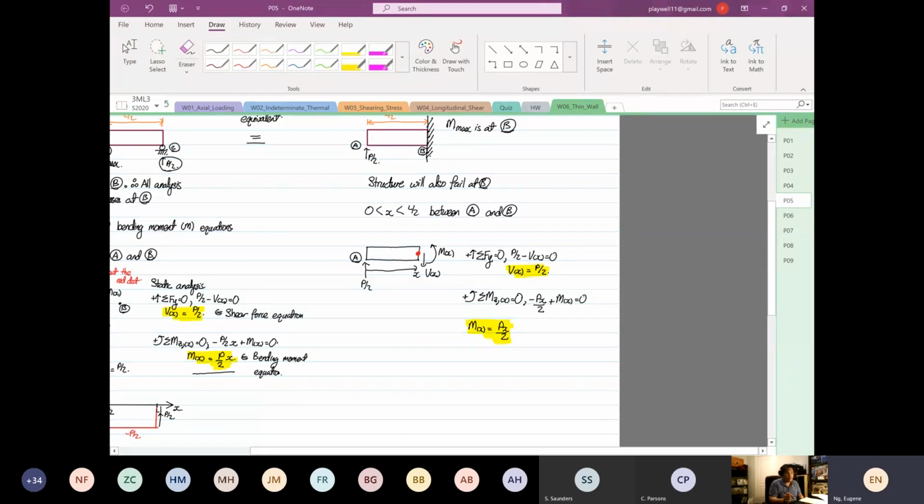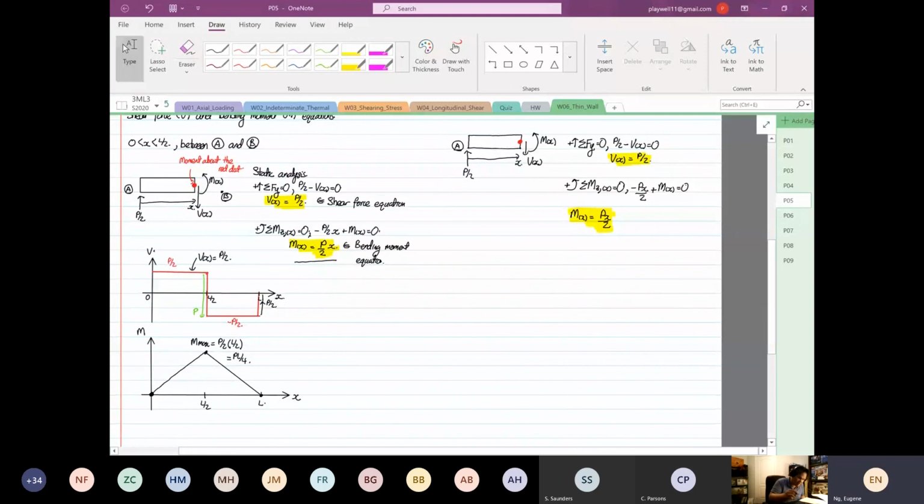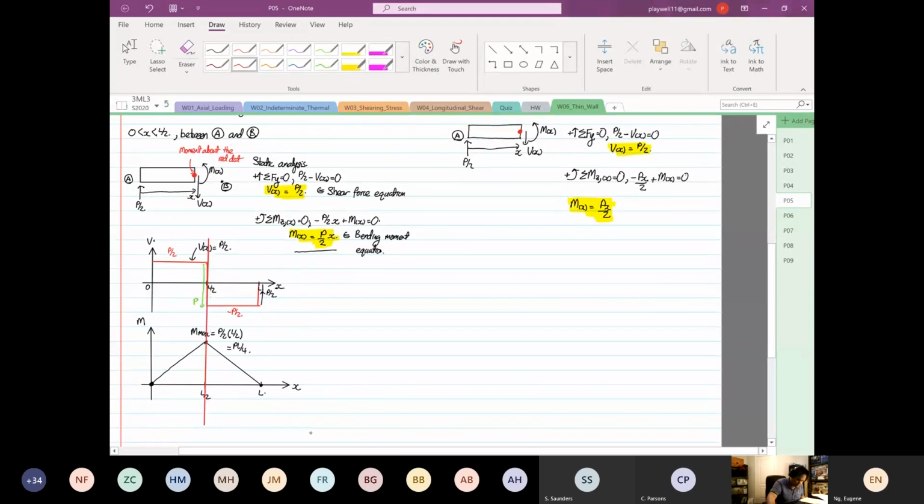It is the same. The only difference is this. For the cantilever beam,